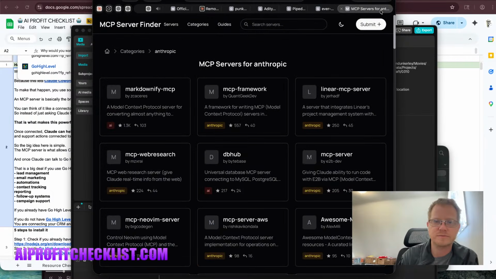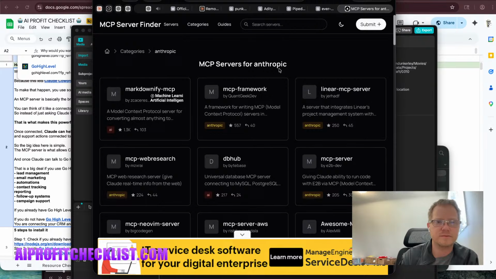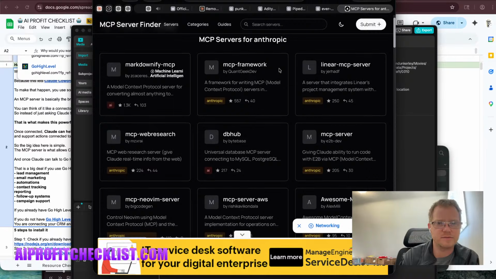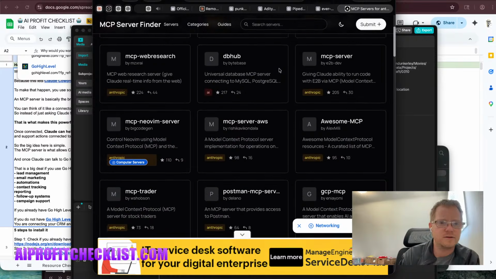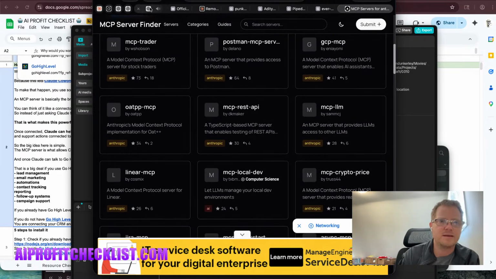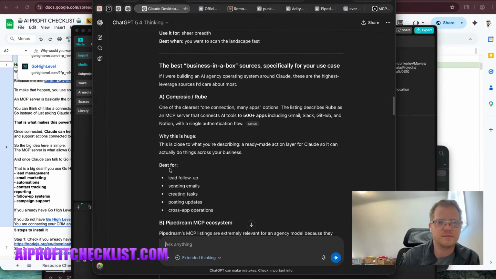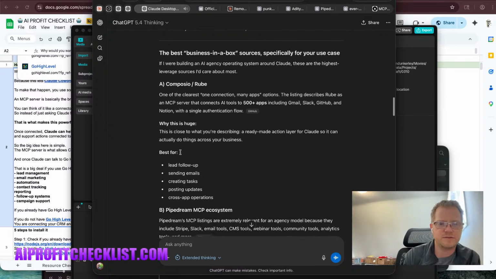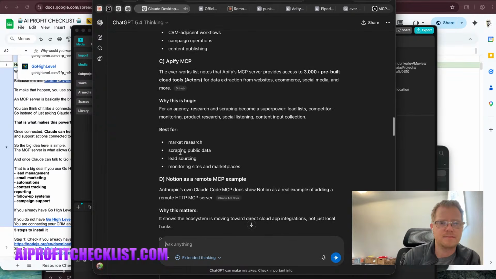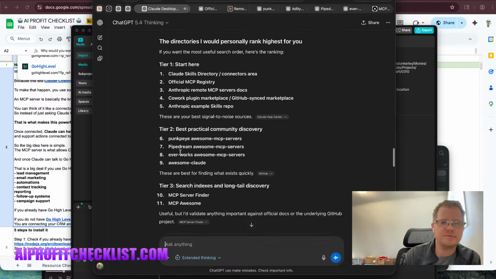What is this one? Model Context Protocol server for converting almost anything, so many things. Computer server. Best business-in-a-box sources specifically for your use case. And I did this one with ChatGPT, but